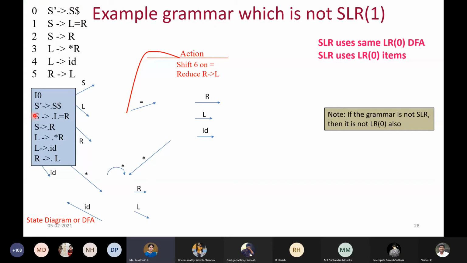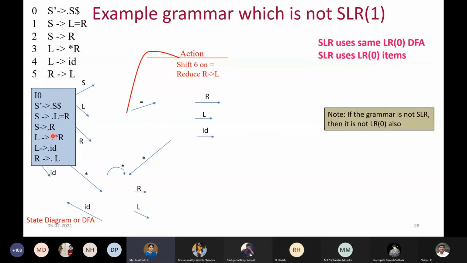So we started with this now. First I listed this, and then because dot S appears, you have to expand all the rules related to S. So S gives dot L equals R, S gives dot R is also listed. And now again you have to see iteratively whether something has to be expanded more. Because dot L appears, you have to expand L also. So with respect to L, you are going to have L gives dot star R, and similarly L gives dot ID also you're going to list. So that is done. And then coming to the next item, you have dot R, so this also needs to be expanded. Therefore, you have only one choice for R, that is R gives dot L. So no problem, you have completed.